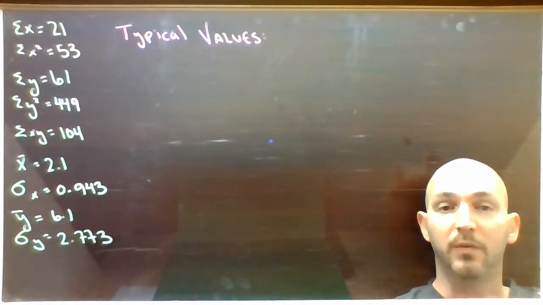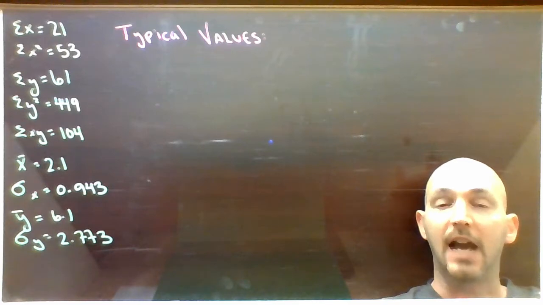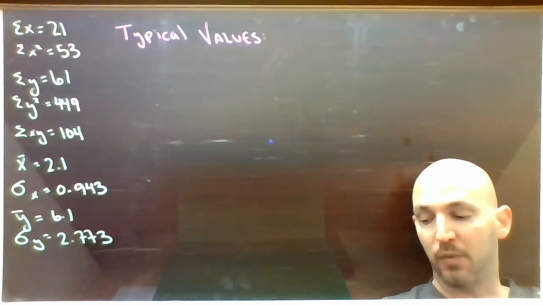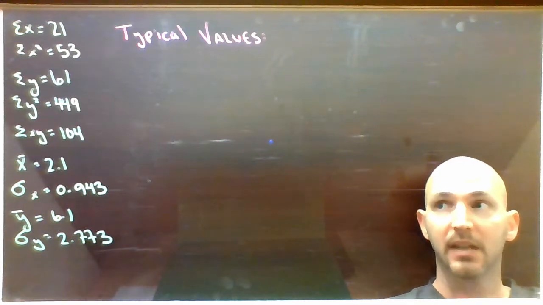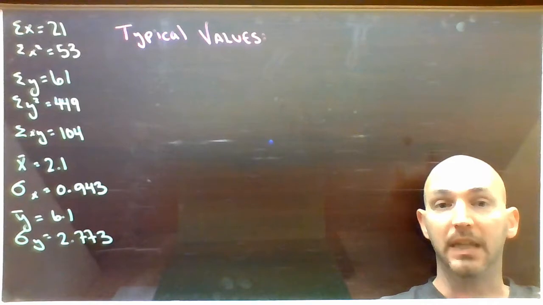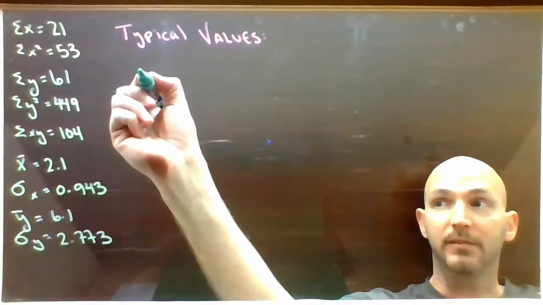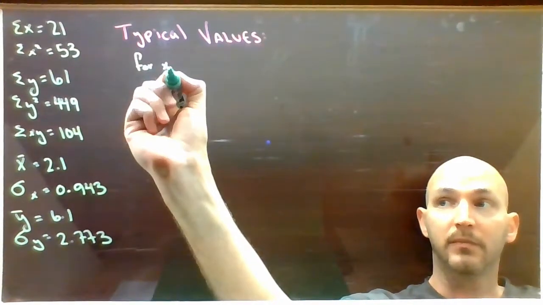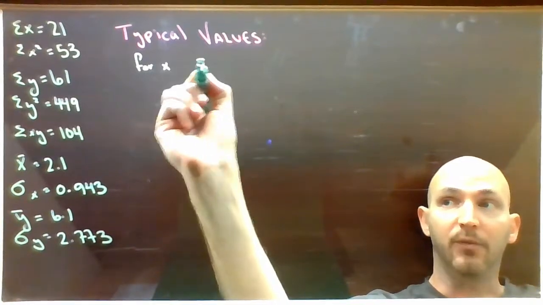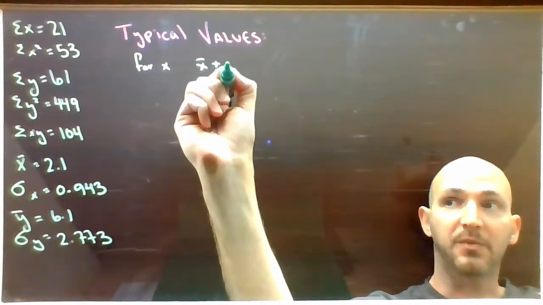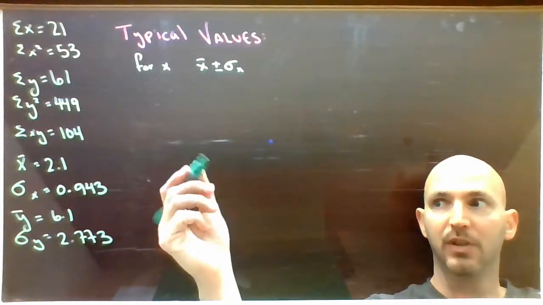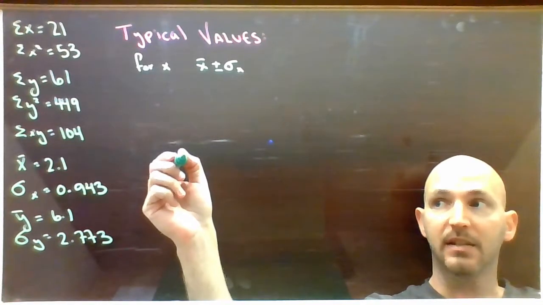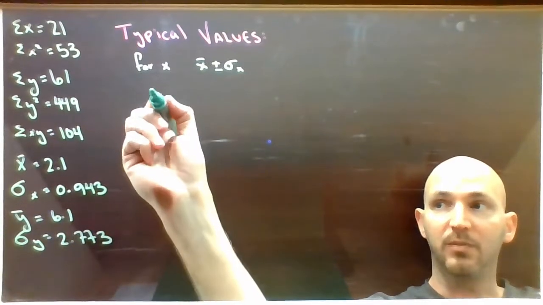So now that we have the standard deviation and the average values for both the number of Timbits consumed and the number of weeks of experience, we can take those values and determine what a typical value would be. So for x, take the x average and add and subtract one standard deviation in order to get that typical value range. So for this particular set, my average x is 2.1